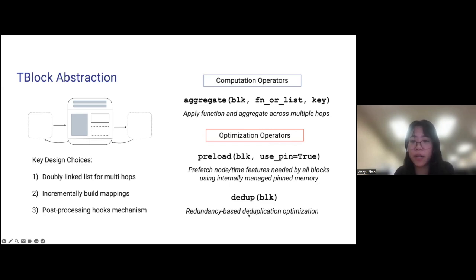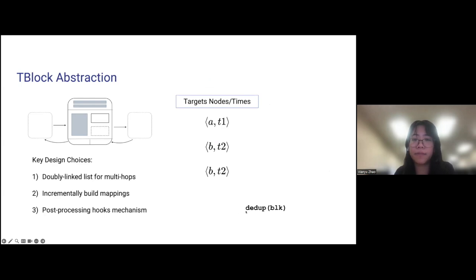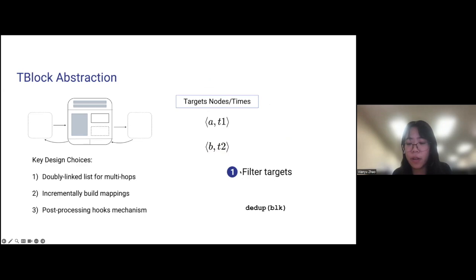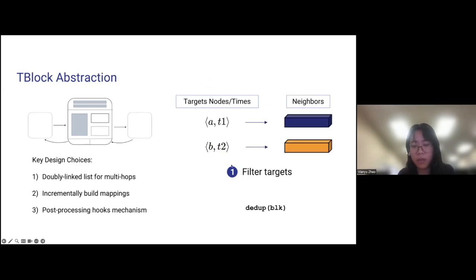To explain this one, let's take a look at an example again. Suppose we have 3 target nodes here and their corresponding timestamps. So we can sample for their neighbors. We see that the 3rd target here is a duplicate. So we'll end up sampling the same neighbors, and we'll perform the same computations for this one. So instead, what we can do is filter out the duplicate targets and then perform the computations